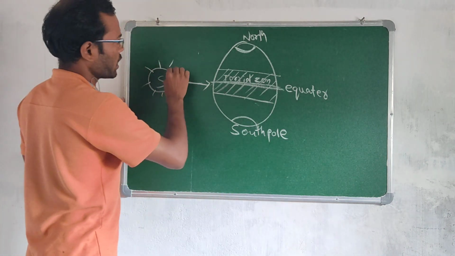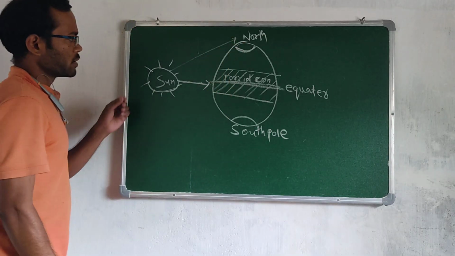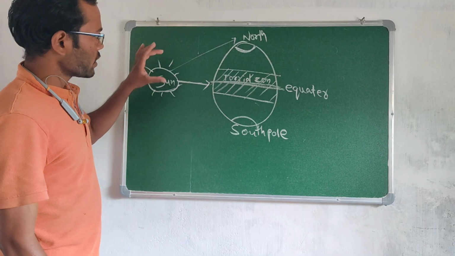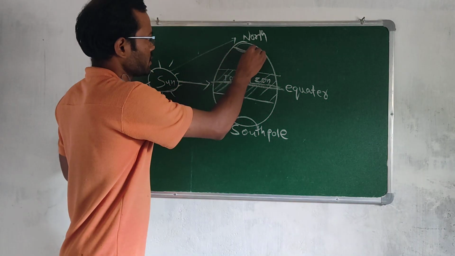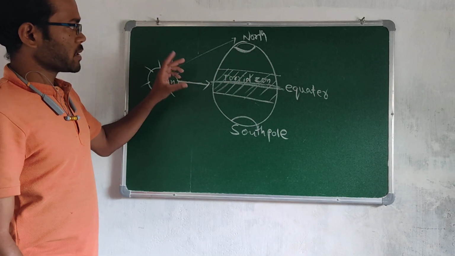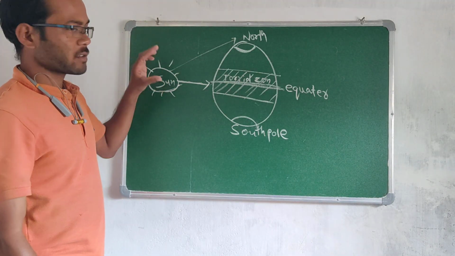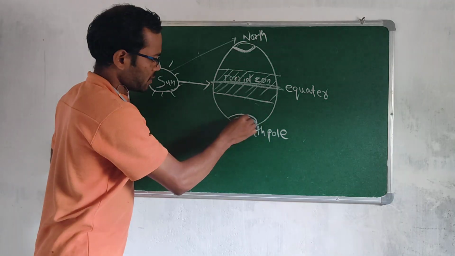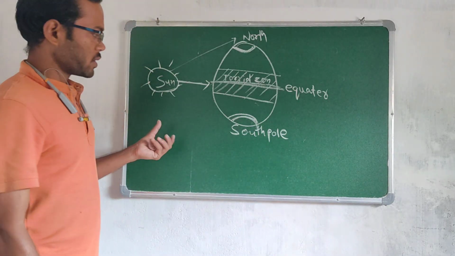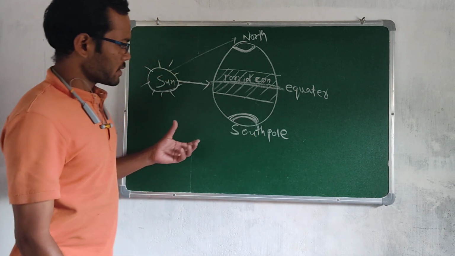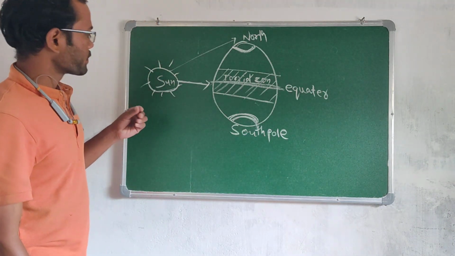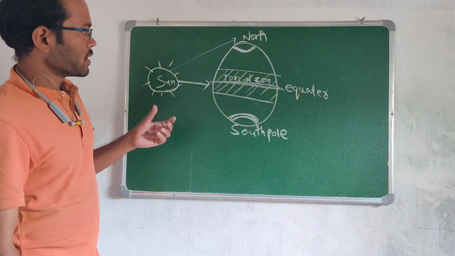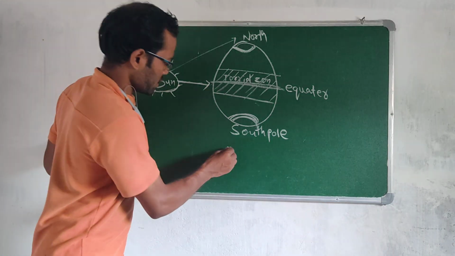So when the sunlight falls on the polar region, it is very less as compared to the equatorial region. That's why, due to the lower temperature, this area is almost all the time a cold region. This polar region always feels cold. And if we want to travel to this area, then we have to choose the best time. And which is the best time? Mostly in the polar region,